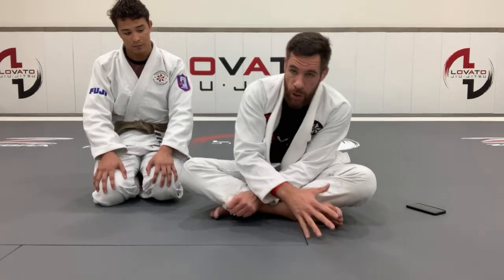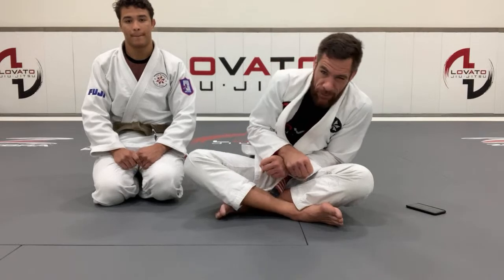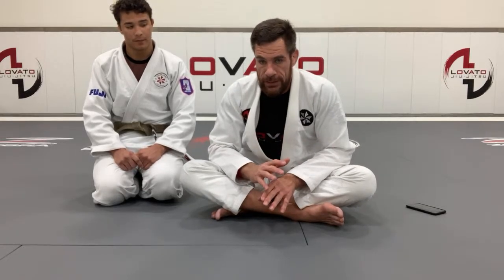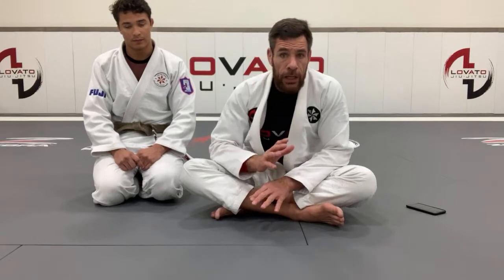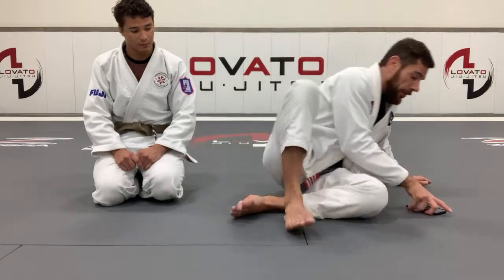Okay, so I don't want to land on bottom. The only time that I might let myself get rolled over is if I hear the gargling and I know it's in, and I'm just going to keep squeezing as I fall over. Maybe I'll risk it in those instances. However, let go and restart, okay? And worst case scenario,